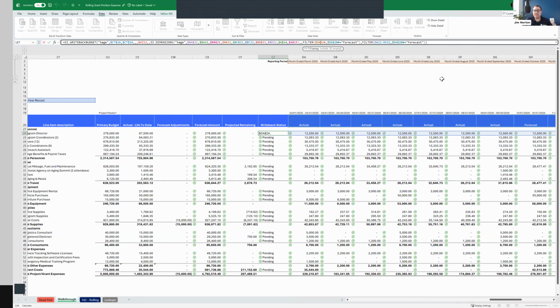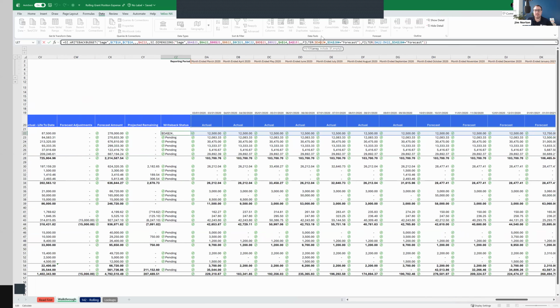And the syntax of a filter function in Excel is simply: what is the array or list of values that I want to evaluate? What is my criteria? So include means these are the ones that should come through. Well, I want to include any time where this row underneath it says forecast. And what that means is if the row underneath it does not say forecast, I'm not going to include that in what I'm passing through. So that's basically what a filter function does. Incredibly useful modern Excel function that I use a lot.